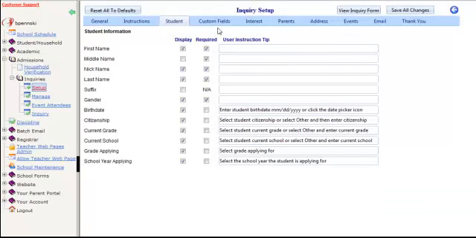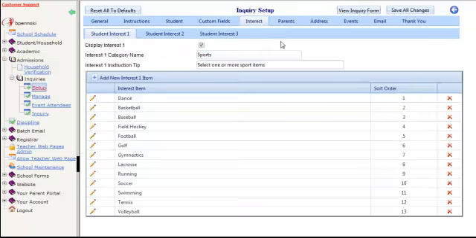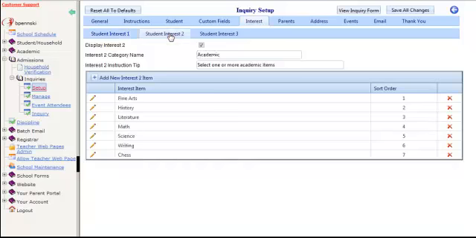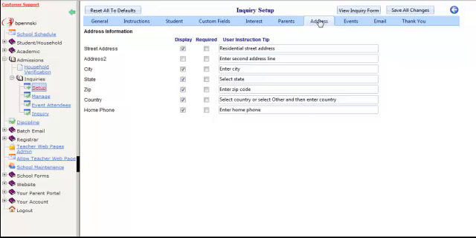OK. Next, we have custom fields. These relate directly to the custom fields in your Achieve hosted database. I will go over in detail how to edit and link them to that database in another video. Next, we have student interests. Here, you can select up to 3 interests and create drop-down menus. Note that parents will not be able to write in their own selections, so you will want to make these lists fairly comprehensive. Next, we have the Parent and Address tabs, both of which, like the Student tab, simply record